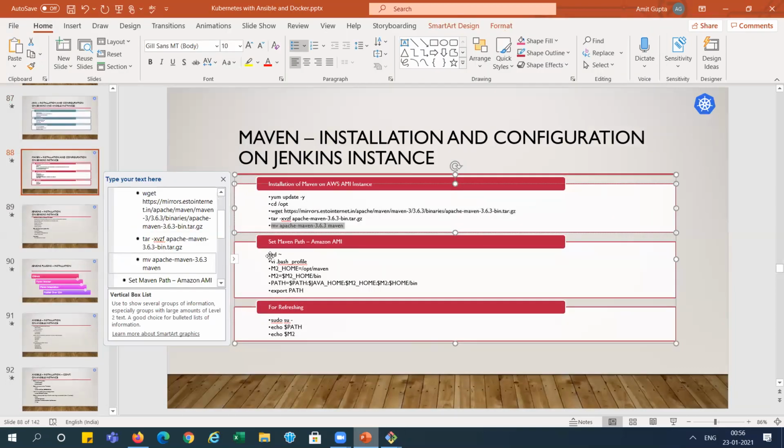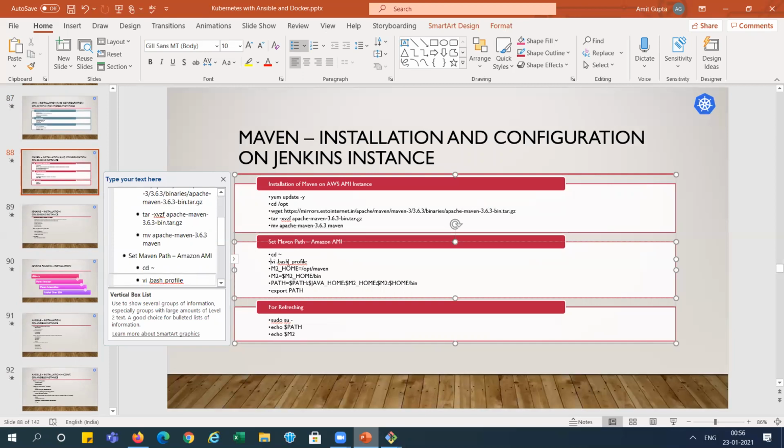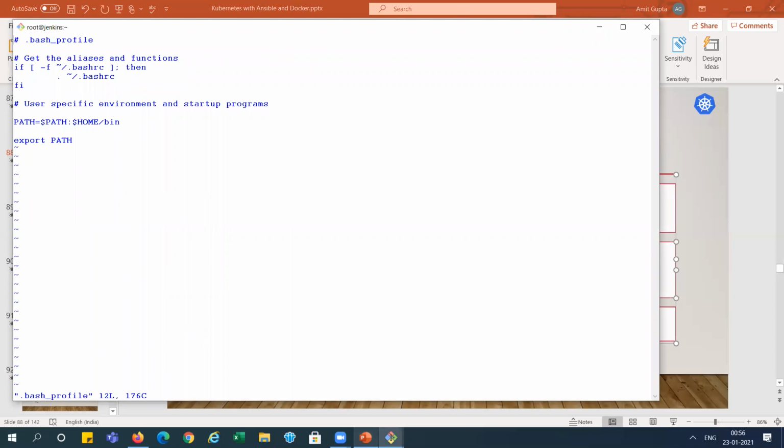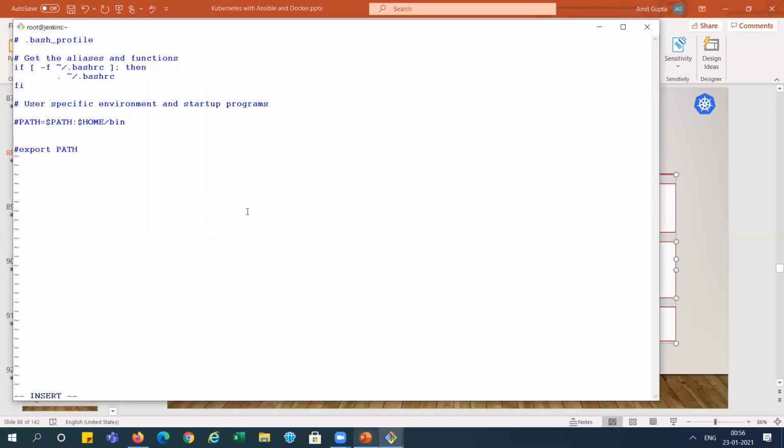And now we need to change the path. We need to set it here. I'm commenting out the existing one and copying our path here, right?